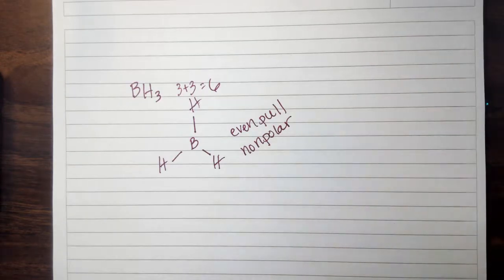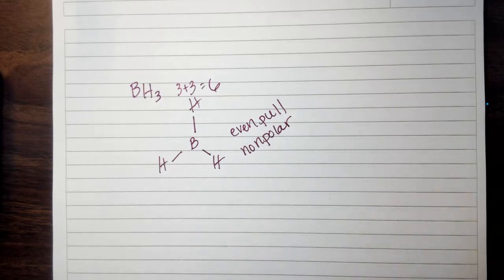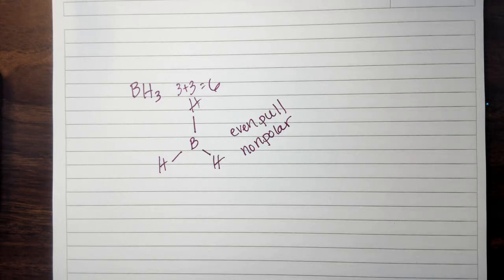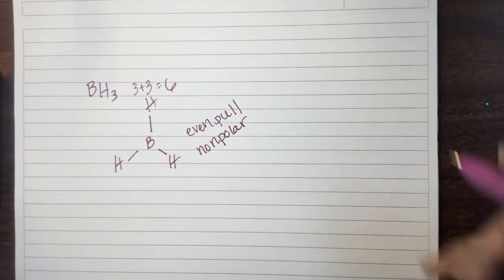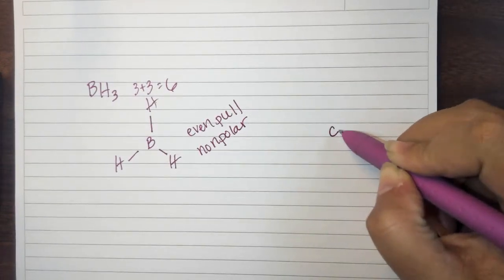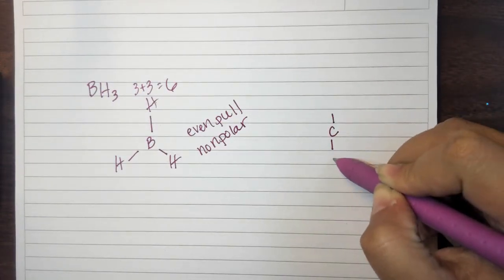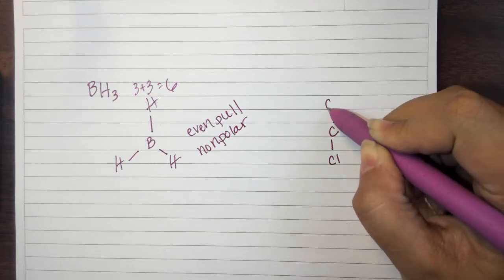Okay, so hopefully that clears up some of the polar and non-polar questions. The best way to look at this is the VSEPR simulator that I posted on Google Classroom. You are able to look at the shapes and see if, from every angle, all the pulls are going to even each other out. So even if you think it's going to even out perfectly, there are situations like this where it's not even